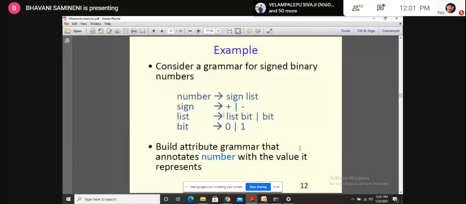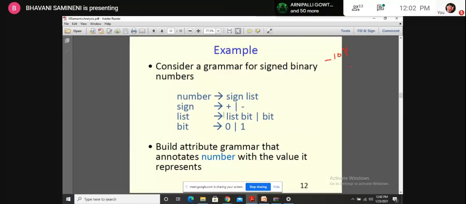Just see one example they have given. Just see the screen. This is the CFG for signed binary numbers. Binary numbers means we'll be getting zeros and ones, right? So let us take, I want to get -101 as one binary number.